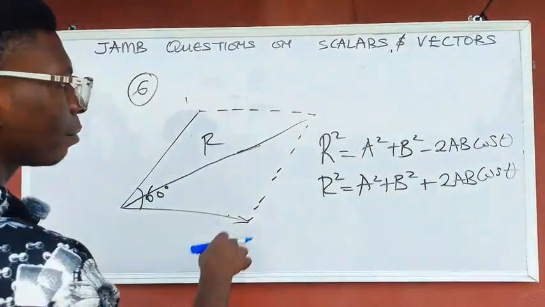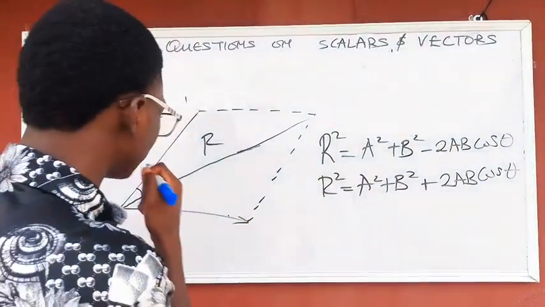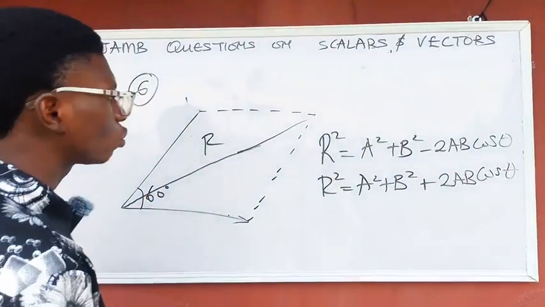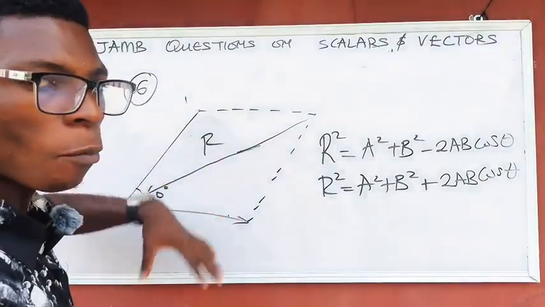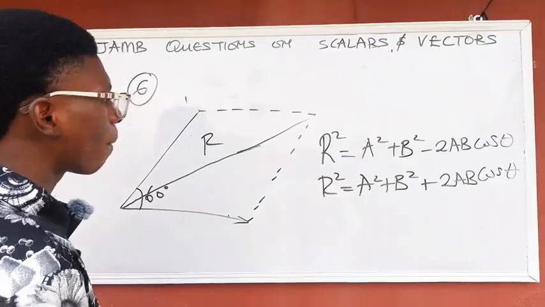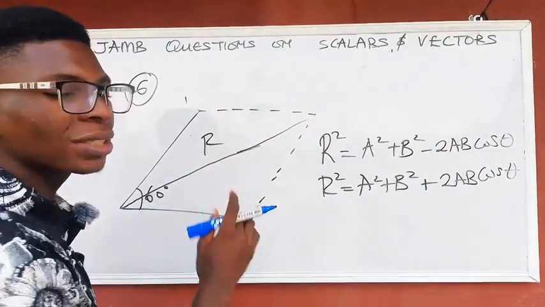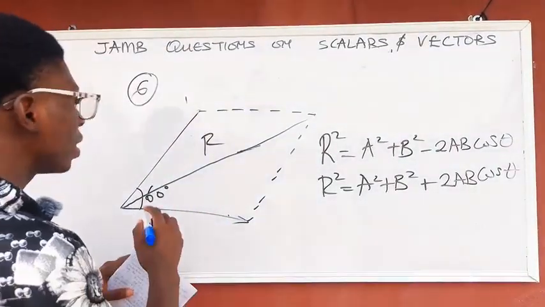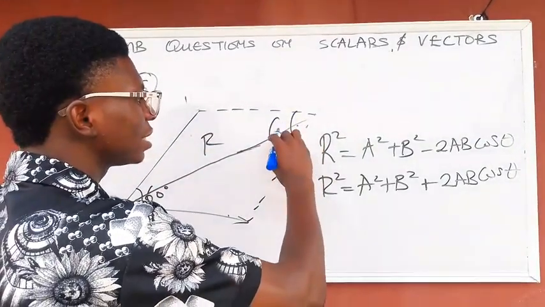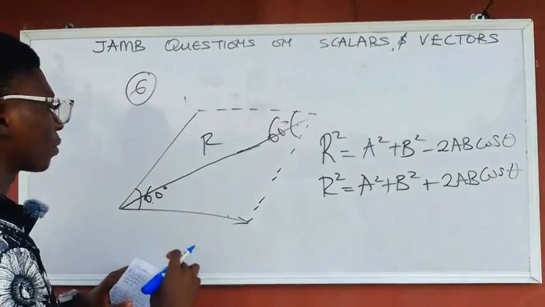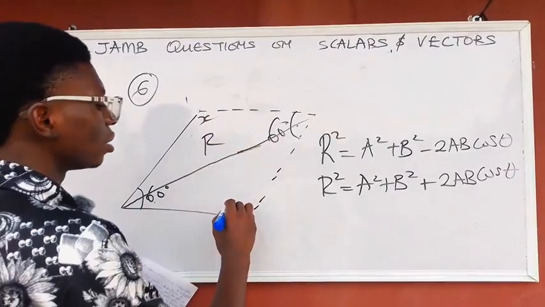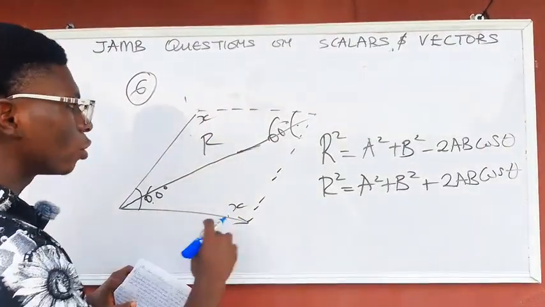Look at this now. Let me just label the angles that are here. The angle here is 60 degrees. By the laws of parallelograms, the opposite sides of a parallelogram are equal, and the opposite angles of a parallelogram are equal, which means this angle is equal to this angle. This angle too will be 60 degrees. So now, since we have these two angles, and these two angles are the same, this one is x, this one too will be x. That will be 2x